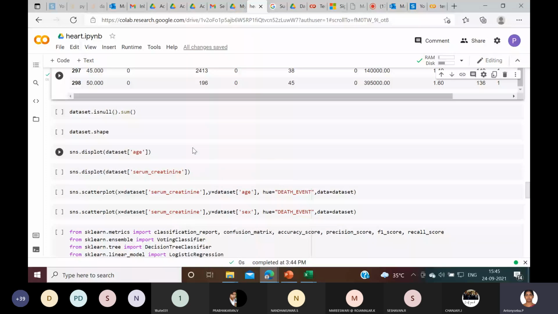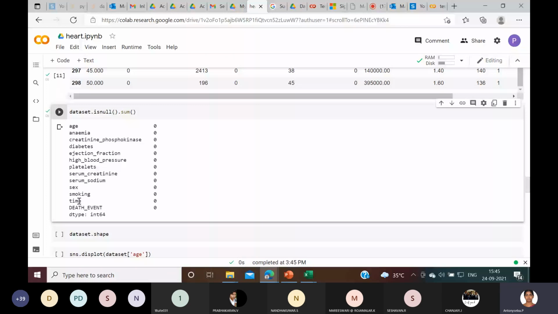So if your missing values are minimal, then try to fill them. You can fill up the missing values by means of mean, median, mode. If they are numeric, then you can go for mean or median. And if it is a categorical attribute, then you can prefer mode for filling those missing values. So to check whether your data set consists of any missing values, there is a method isnull. So let me execute this. See, all the attributes are displayed and the count shows 0,